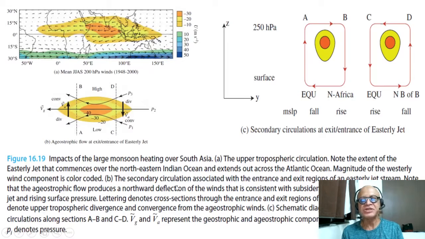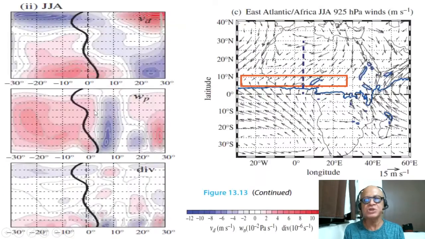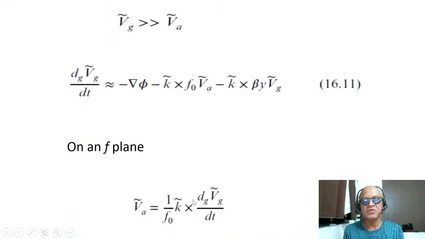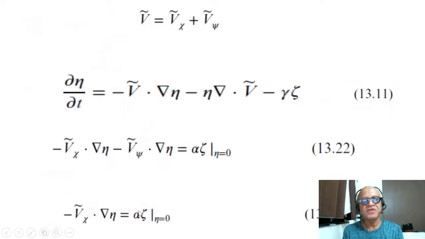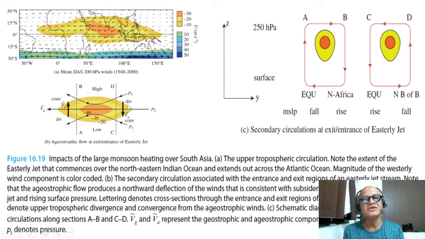The secondary circulation associated with the entrance and exit region of an easterly jet is shown here. So a parcel of air, let's say, that's entering the jet over here is going to accelerate because of this squeezing of the pressure gradient and the related geostrophic acceleration. And by this equation, acceleration of the geostrophic component is going to give us an ageostrophic component, which is easier to see here. So you're going to have a divergence and convergence on this side,